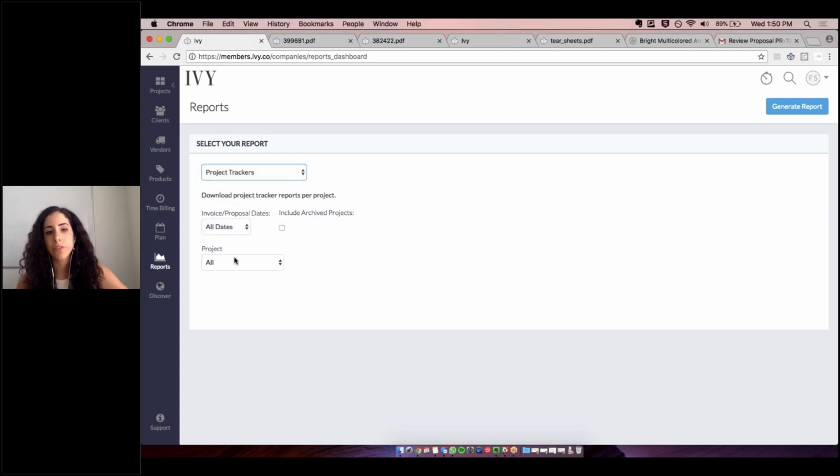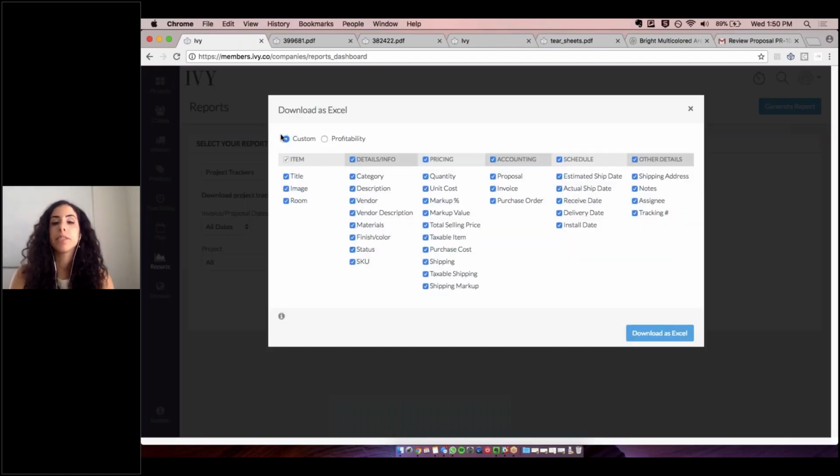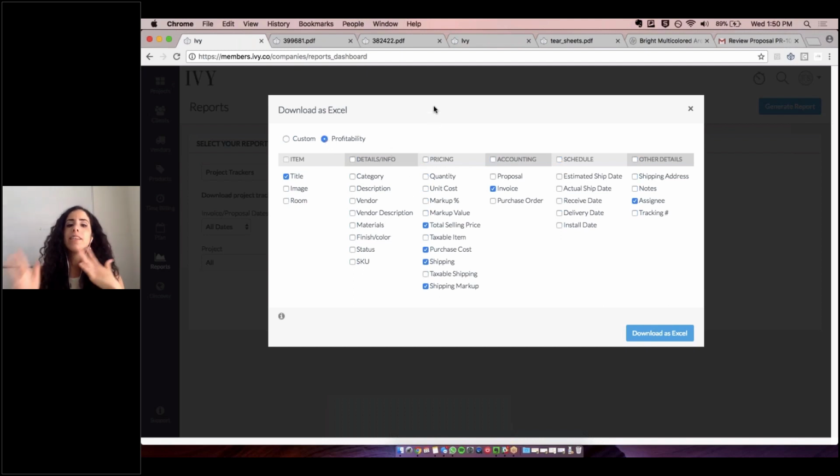So as we saw, for example, I'm just going to click over here. This is the pop-up that we saw when you generated the project tracker earlier, and we want to download it to Excel. So you can toggle over to a profitability report, and this will pull any money that you have collected on an invoice minus the PO, minus the purchase cost. So it will give you the profit, but if you are looking for more detailed, robust profit and loss reports,